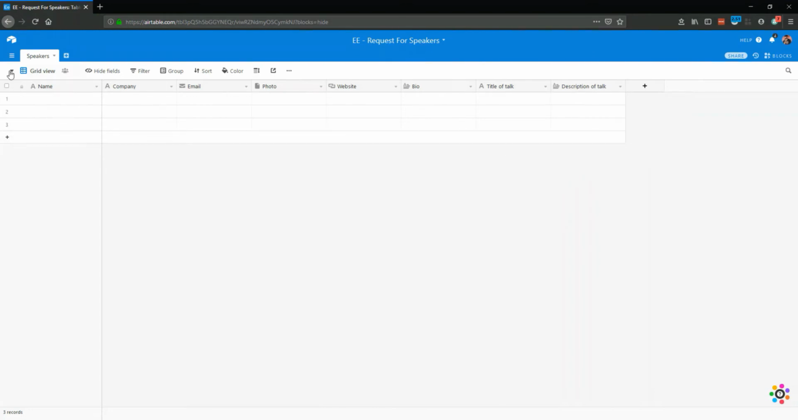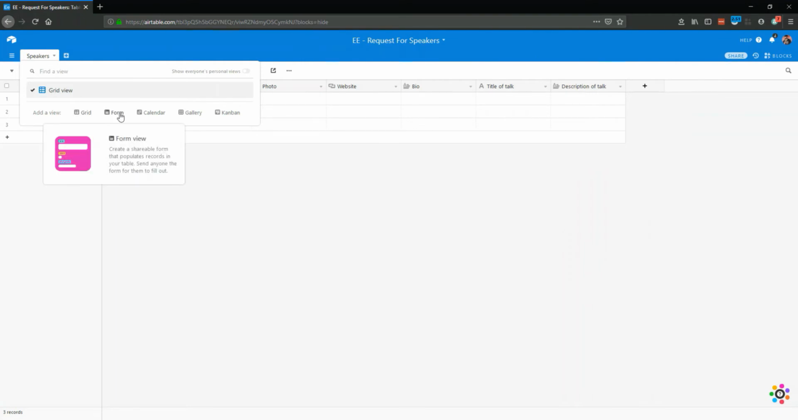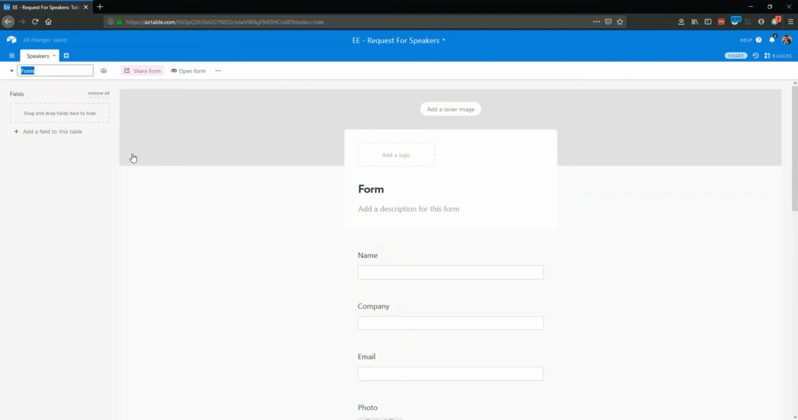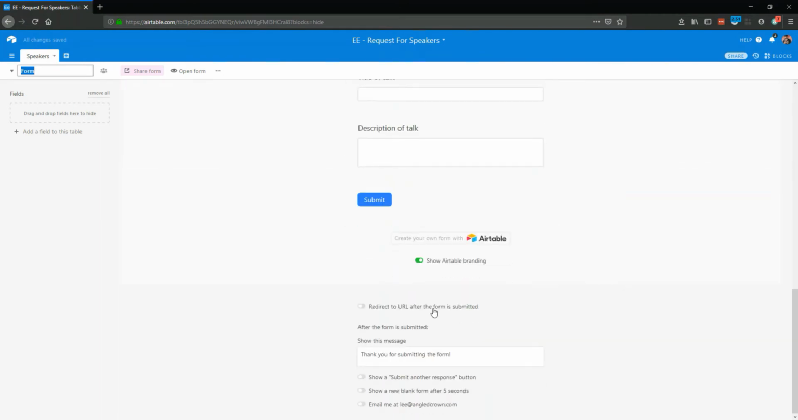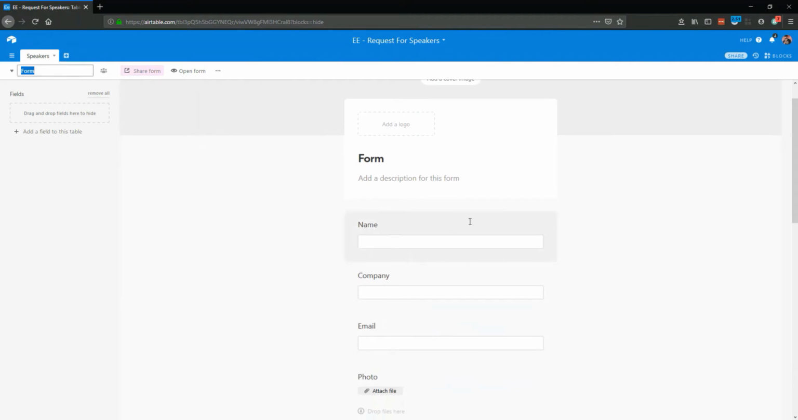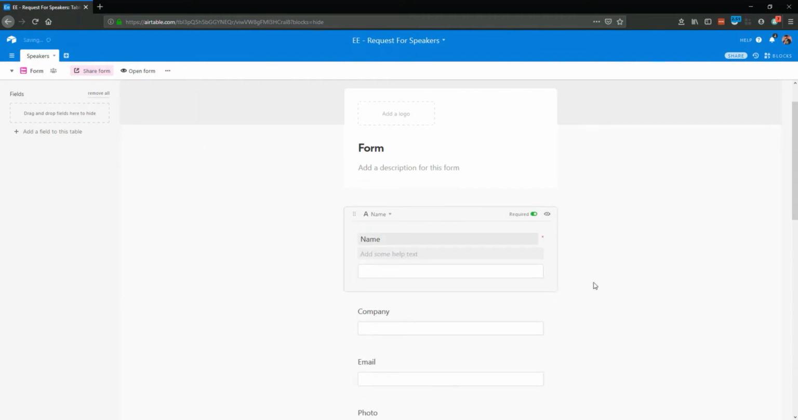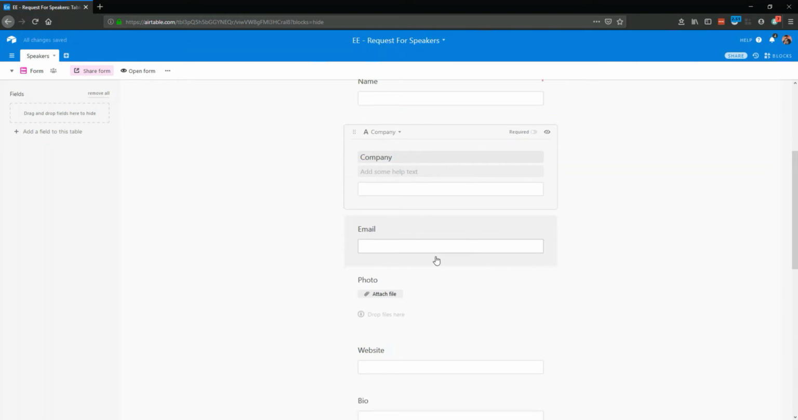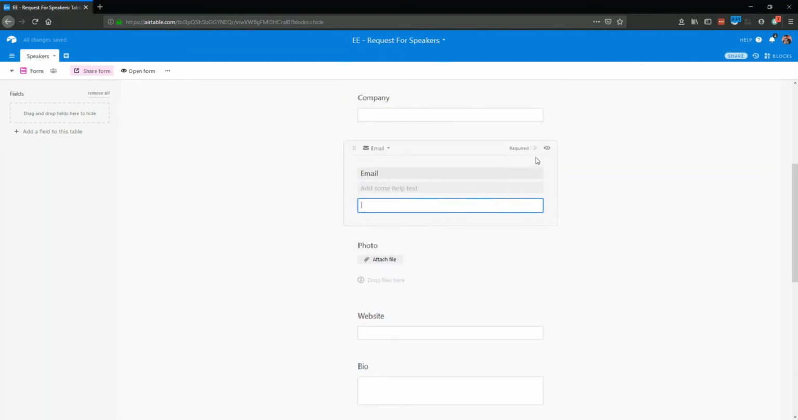So next we'll want to actually create a form for them to fill in. So let's go ahead and click on a form view, and it automatically creates the form for us. And we can now say what fields we want to be made as required. So I'm going to say that I want their name. I'm not so fussed about their company, but I do want their email because I need to be able to